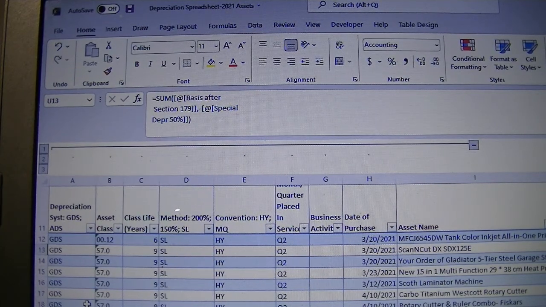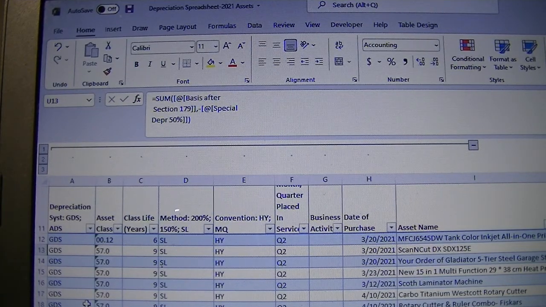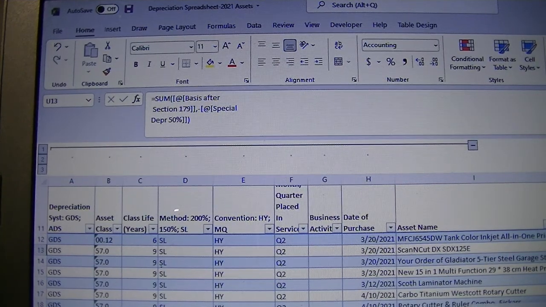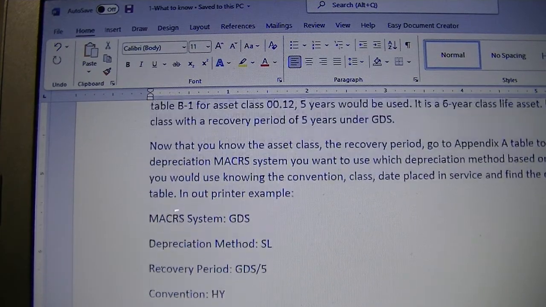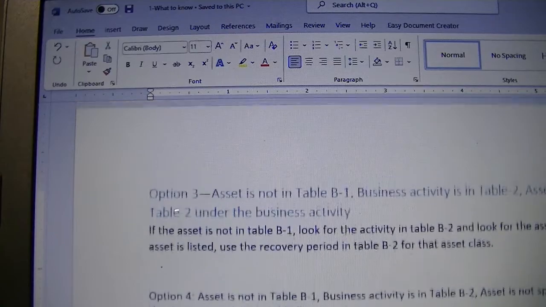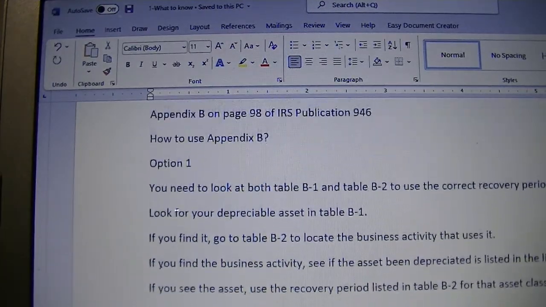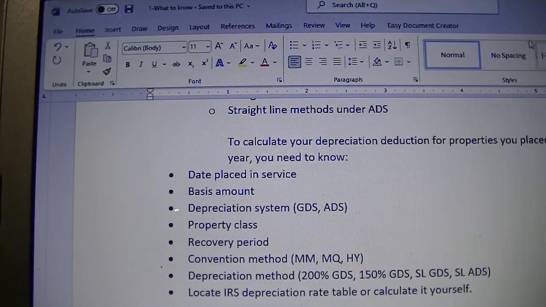Now that we have those things set up, there are a few things we need to know to be able to depreciate our assets. So I think I have my notes here. Let's see. You need to know the date you place your asset in service, the basis amount, so the basis for depreciation, the depreciation system you are going to use, in our case GDS, the property class, the recovery period,